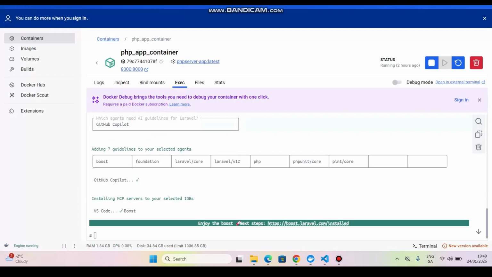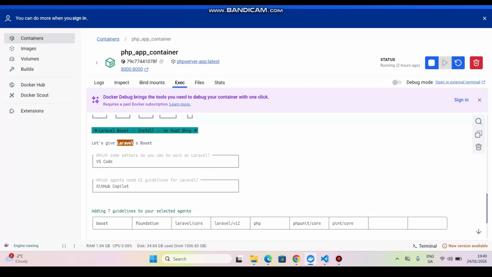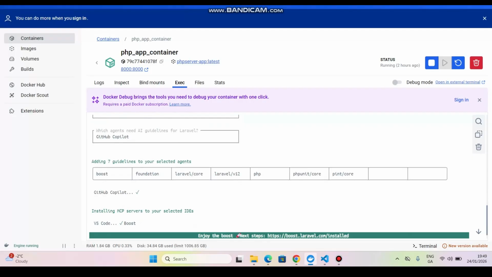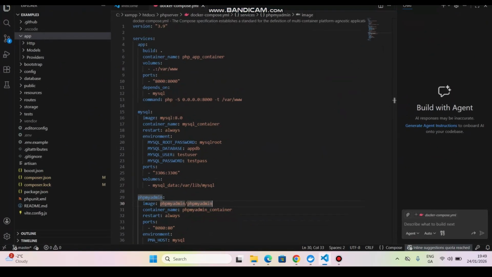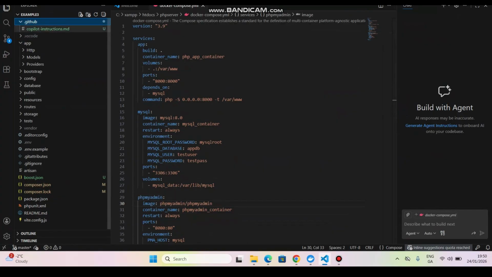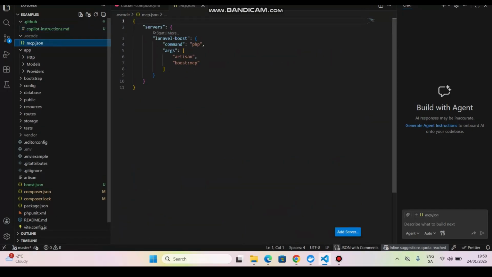You can see that Boost has been installed for VS Code with my guidelines, and it is giving me the versions of PHP which I'm using. Now if I go to my VS Code, I will see the .github folder, and inside this I will have the copilot-instructions.md. And under .vscode I have this mcp.json file. So now we have installed